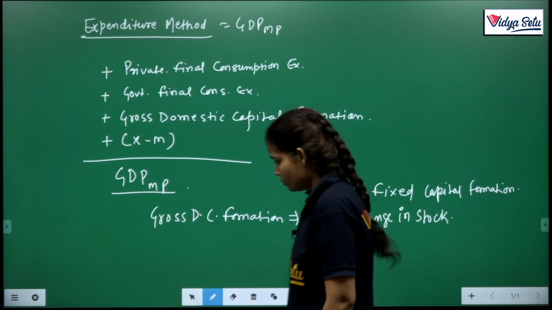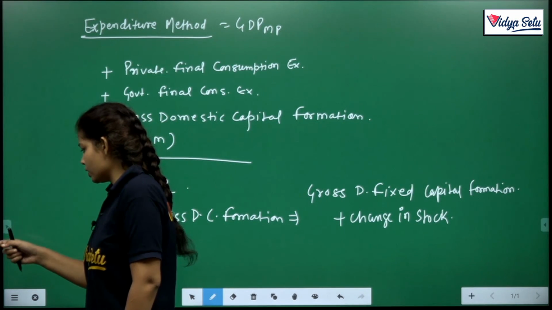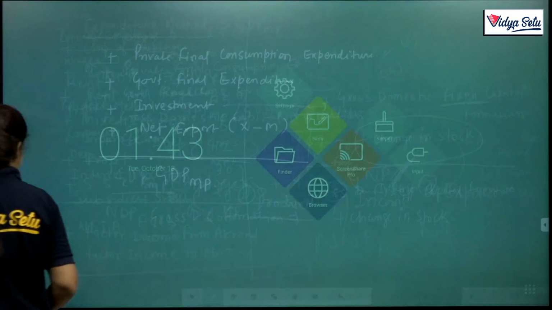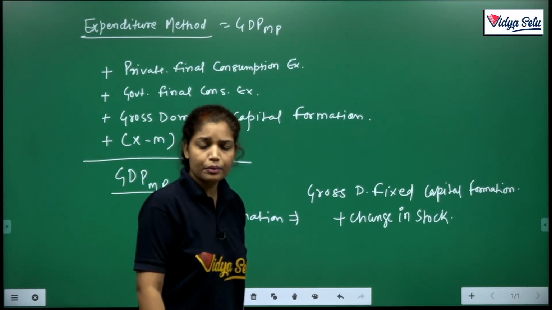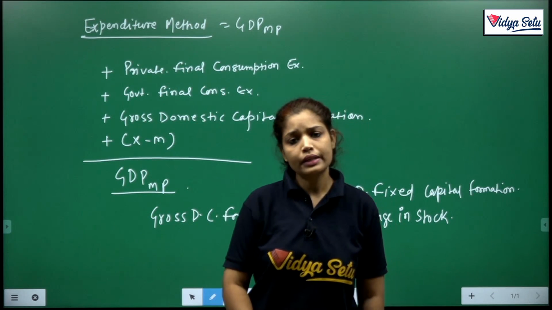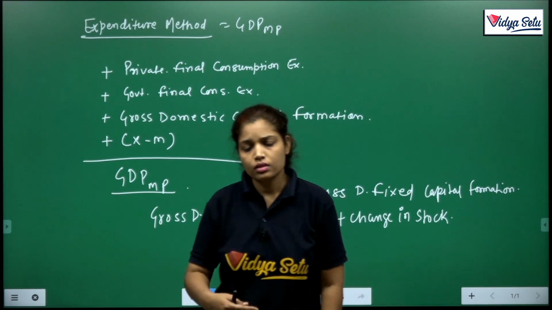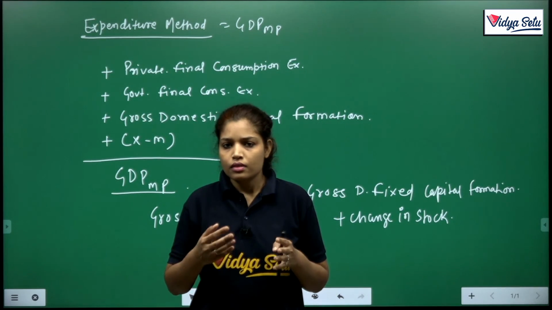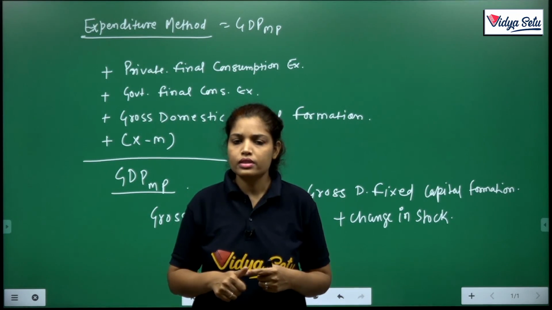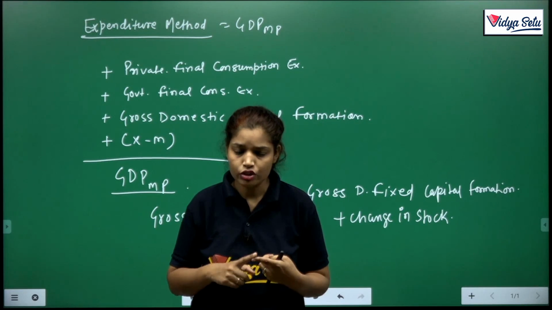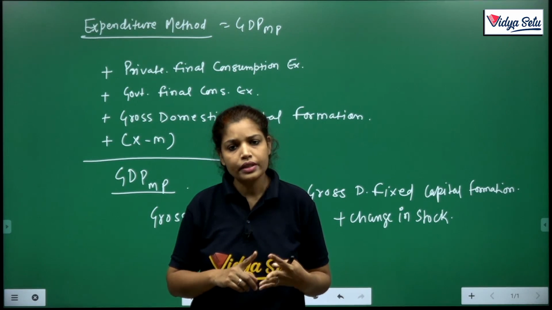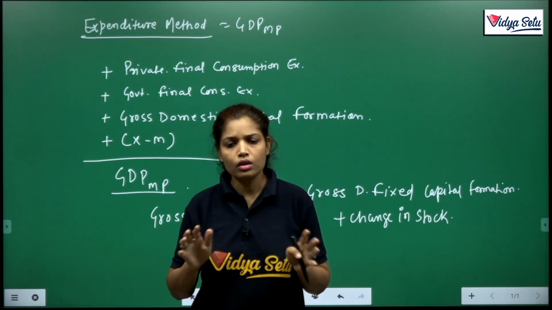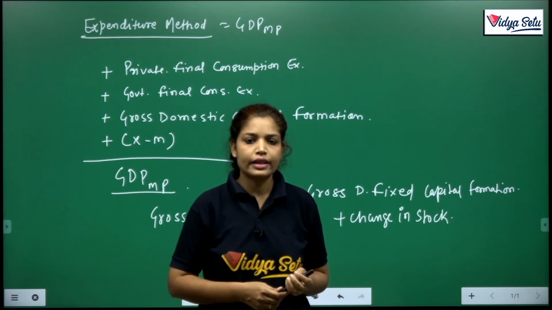Clear? In the next class there are a lot of concepts also. And what are the concepts? The concepts are like GNDI, NNDI, private income, disposable income. Clear? So in the next class we will discuss the rest of the topics of national income, and in the last class we will also calculate national income by the product method, income method and expenditure method. We will take more examples to clear all your doubts. So, we will meet in our next class. Thank you.